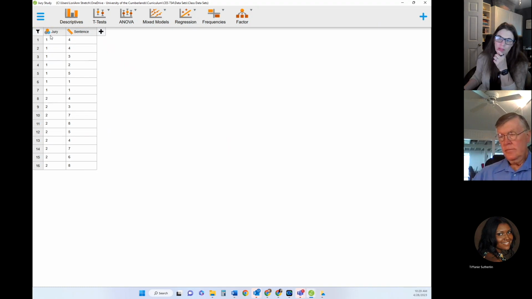Sometimes data will come into JASP with this nominal symbol and an A, which means that JASP thinks it's text. And unfortunately, you can't fix it in JASP. So if you ever have that come in and you didn't mean for it to be text, it's meant to be something else, you'll actually have to go back out to the data set